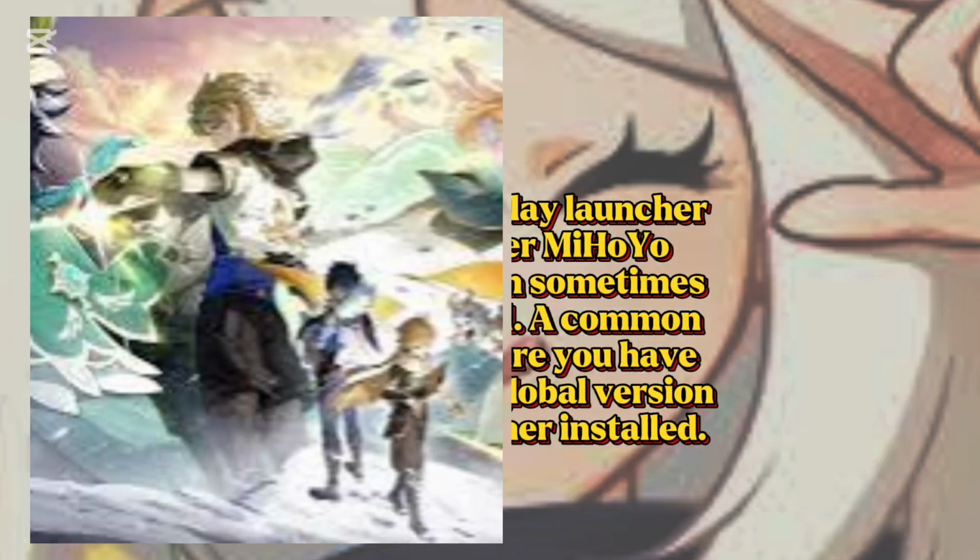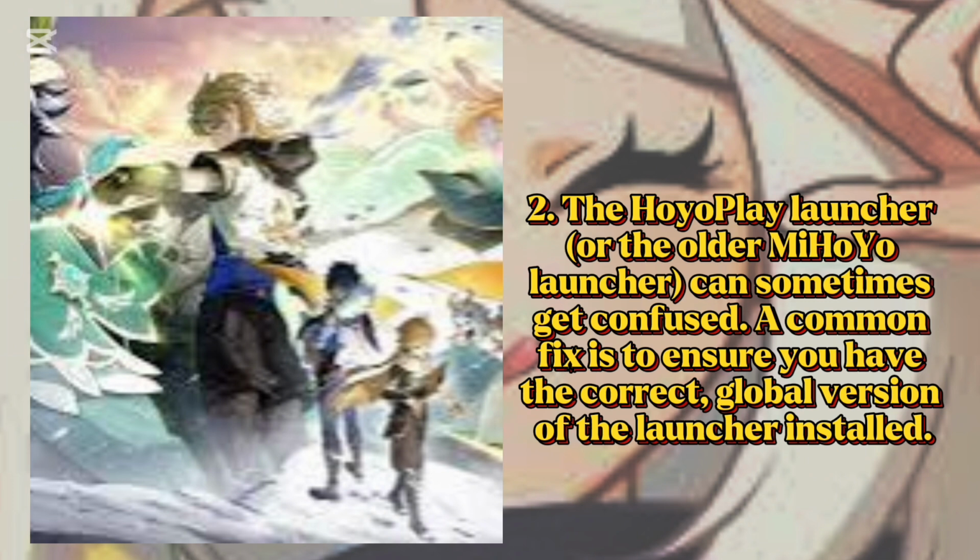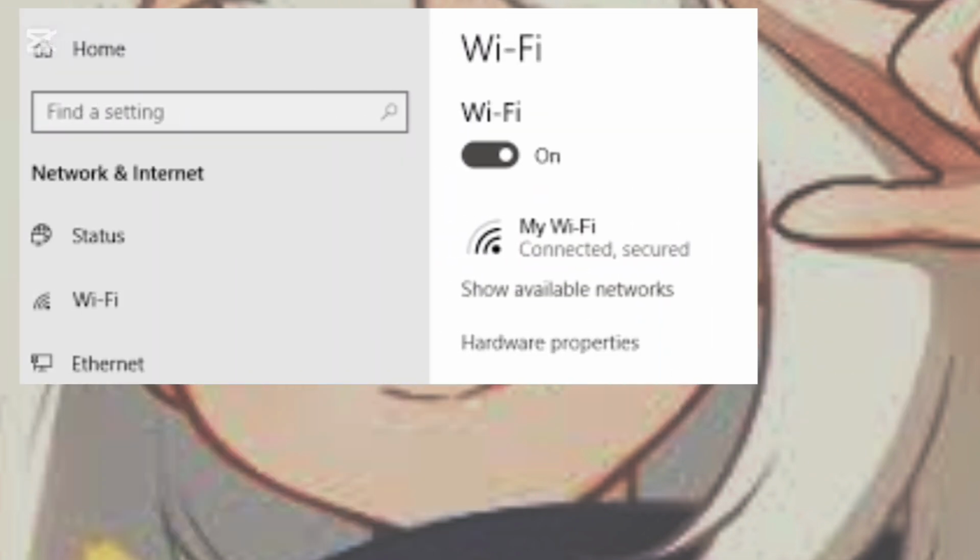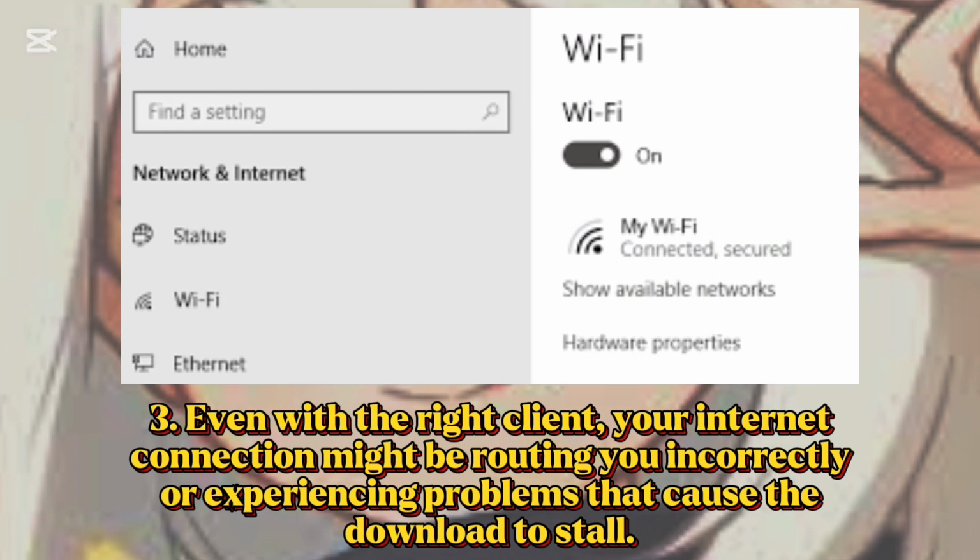The Hoyo Play launcher or the older MiHoYo launcher can sometimes get confused. A common fix is to ensure you have the correct global version of the launcher installed. Even with the right client, your internet connection might be routing you incorrectly or experiencing problems that cause the download